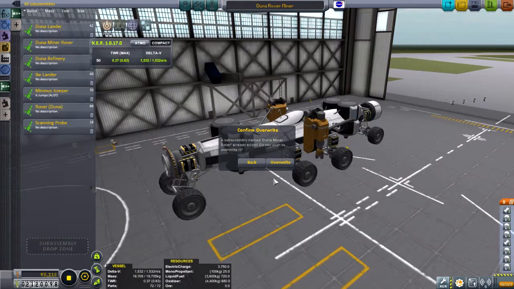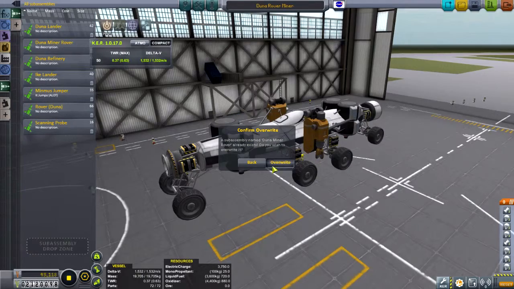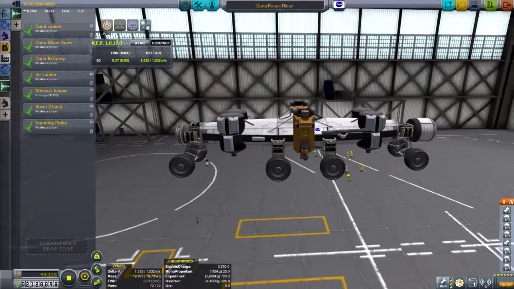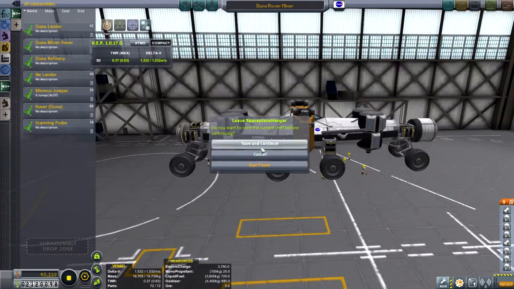Hit save, confirm overwrite. Overwrite? I didn't know we already saved this thing as a subassembly. Alright then. Now that it's a subassembly, how about we leave the spaceplane hangar and go to the VAB, because we're going to be launching it from the VAB in